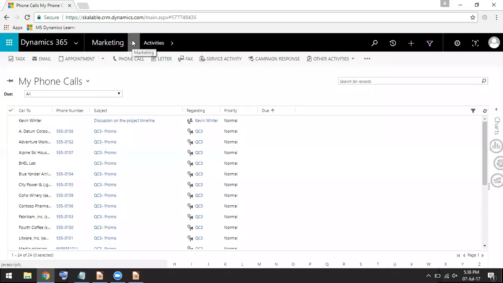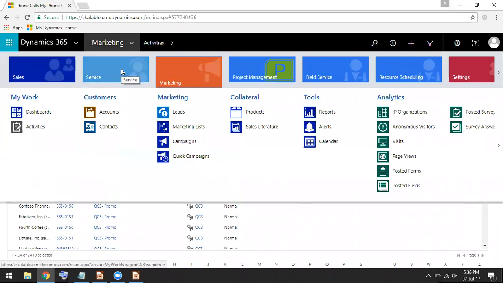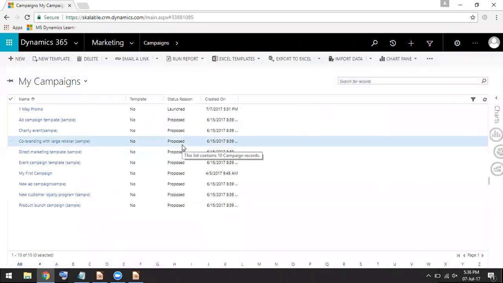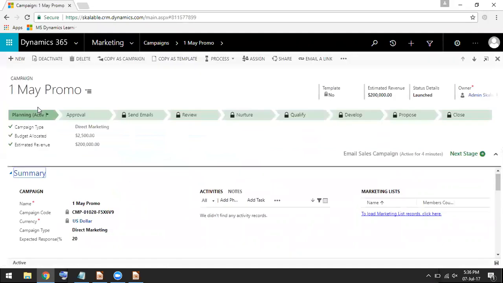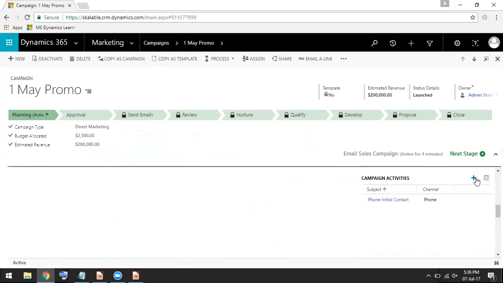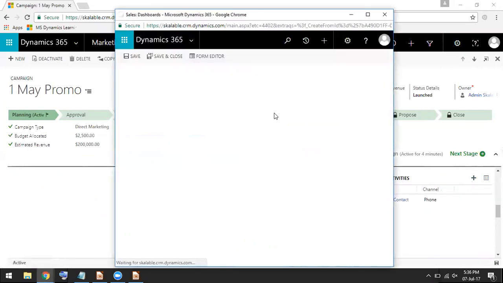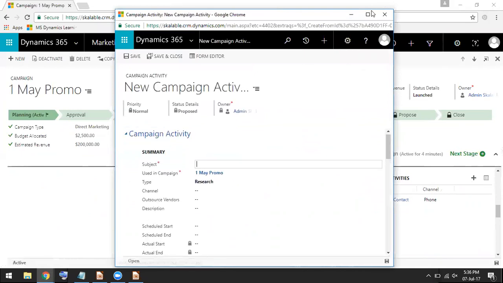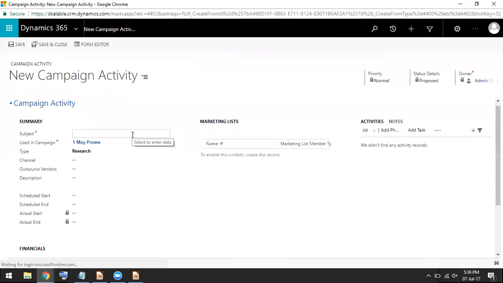So I'm going to create another activity type by using an email template. Again we go to the campaigns, to the same campaign. I'm going to create an email campaign activity. This is going to be an email blast using template.